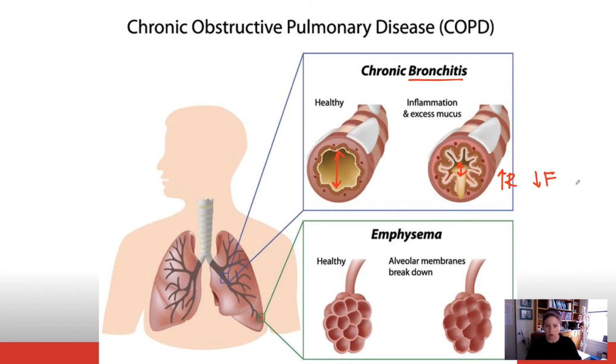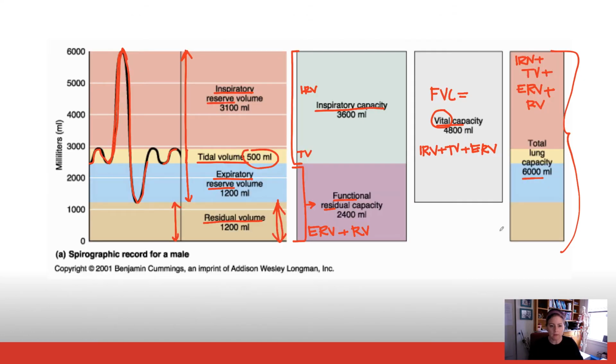It takes so long to expire the air that it's time for our next breath. So what happens is that we don't get all the air out, okay? So these guys end up getting puffed up, like their lungs get puffed up. And what happens with obstructive pulmonary disease is that their residual volume,